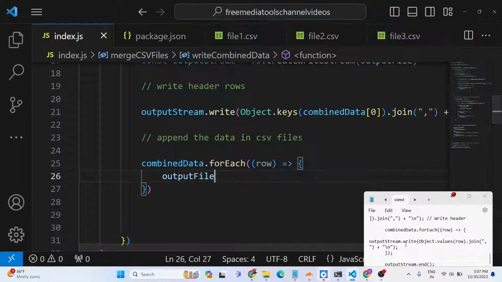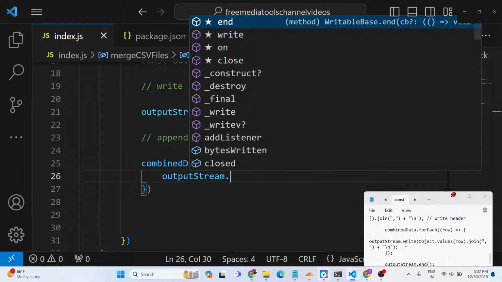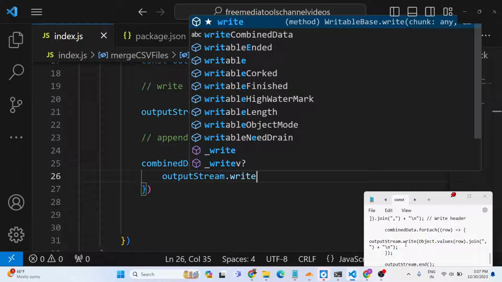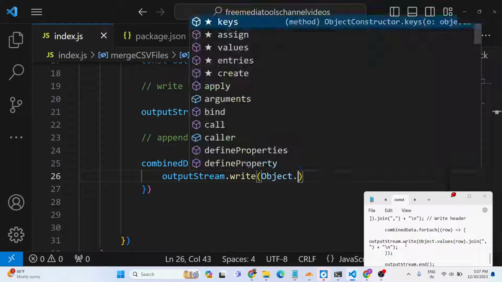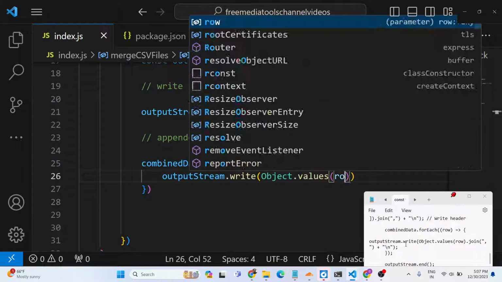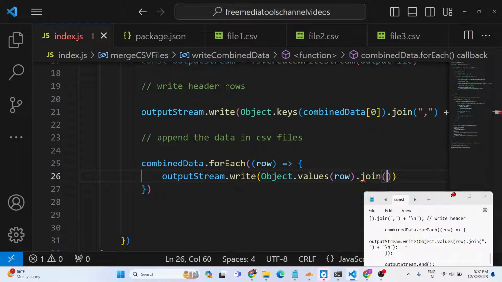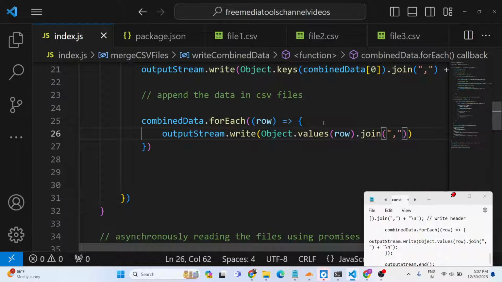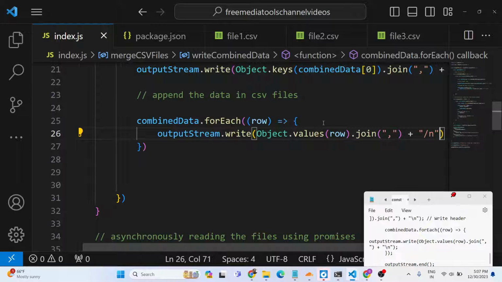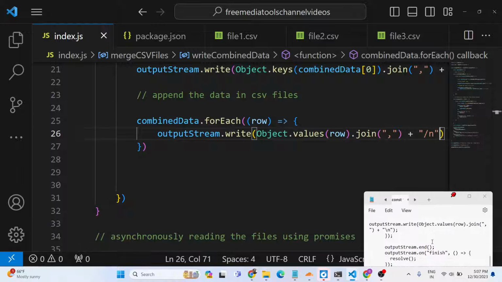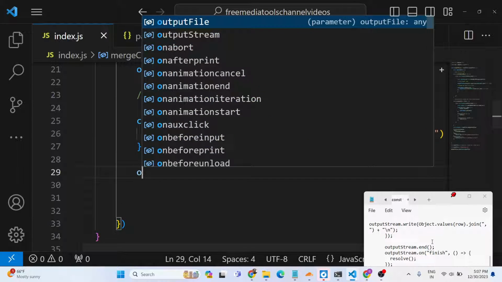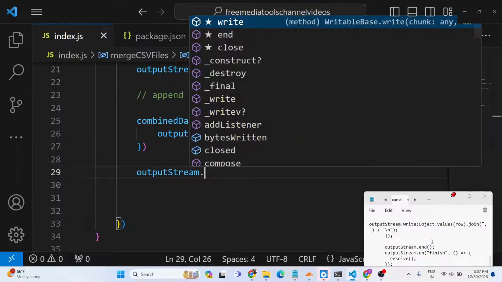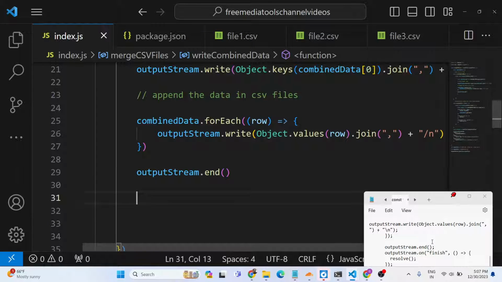For each row we will say output stream dot write, and here again we will use the same logic, Object.values row, and we will separate this using the comma symbol, and then again add a new line character. That's all. This is the same logic that we used for the header, and we are using it for our rows as well. After that we just need to end the stream by calling the end method,